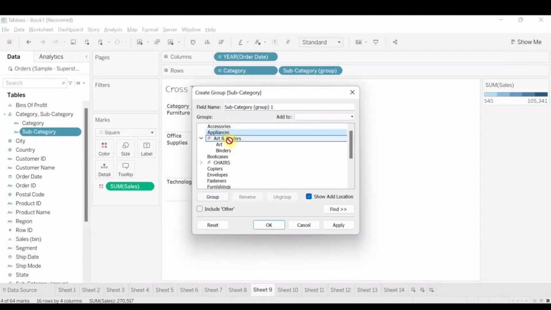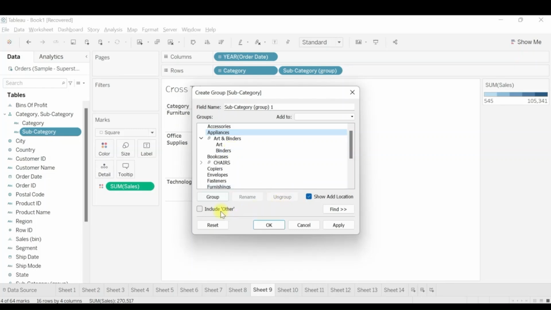If we want to drag and drop any item, we can directly drag and drop it here. For example, appliances, I can click on it and drag and drop it here directly, so it will come under this particular group. So this is one way to create groups with two or multiple items. Again, we can ungroup it. If I select appliances and click on ungroup, the appliances will come out of that particular group. This is the functioning of ungroup.